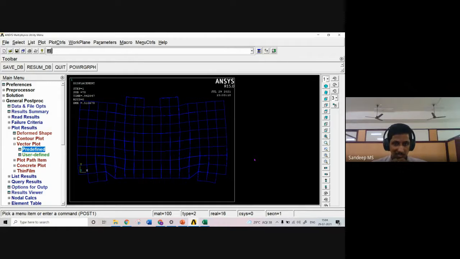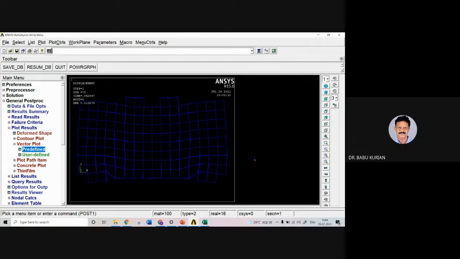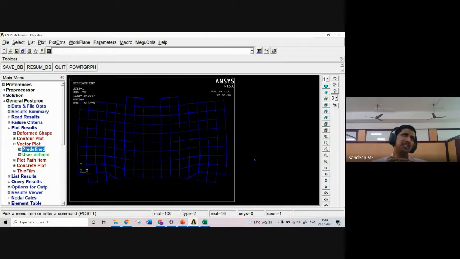So any more questions? Whether there is any criteria regarding the maximum deformation for these deep beams? Per maximum? No, that depends actually, sir. So based on the span to depth ratio, that depends. Say I have even conducted for flexure beams also, and I have obtained proper deflection for that. I have compared the result with experimentation also. We can predict if you have the proper material properties. We can predict the actual behavior of the beam.